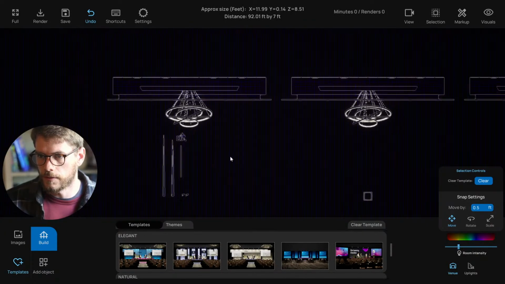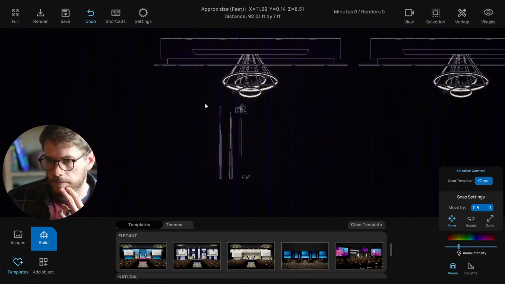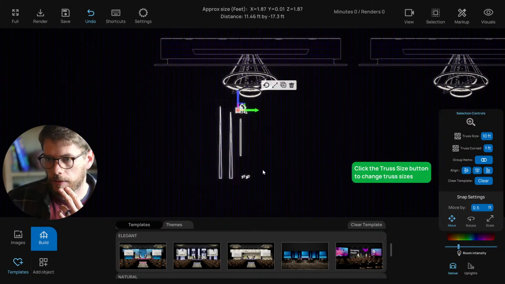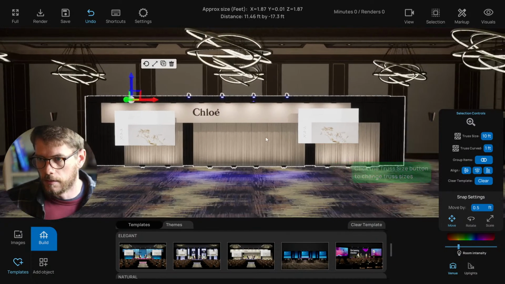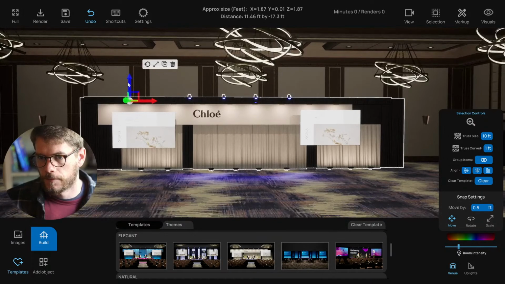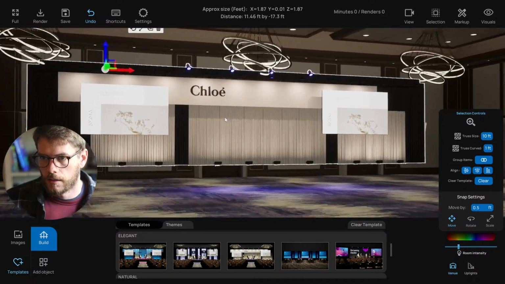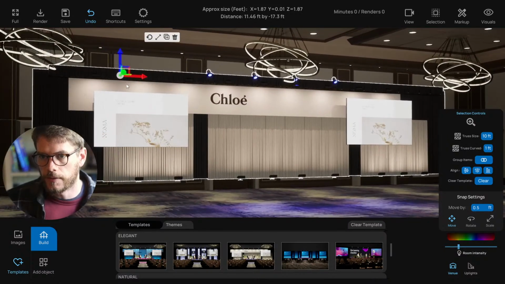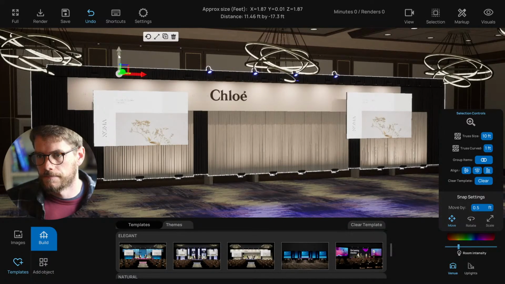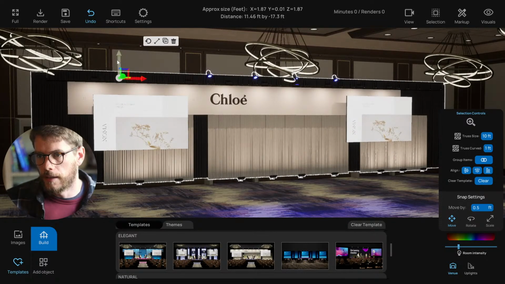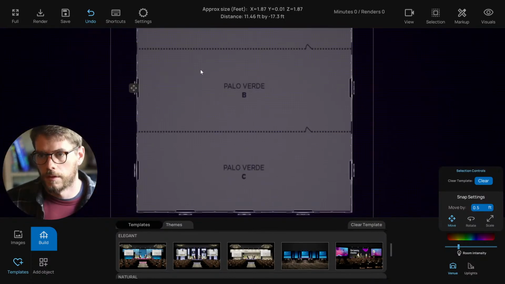So I'm going to go to this right camera view here, and I'm just going to grab everything, and then probably just move it up a bit and see how high we can go before we start hitting the chandelier. So you see that we're hitting it there. So I'll move it to about here,